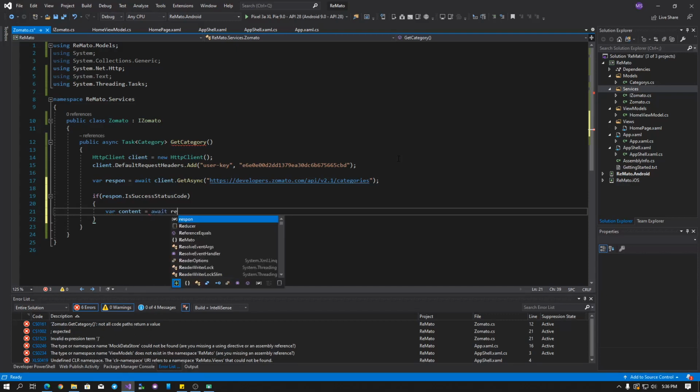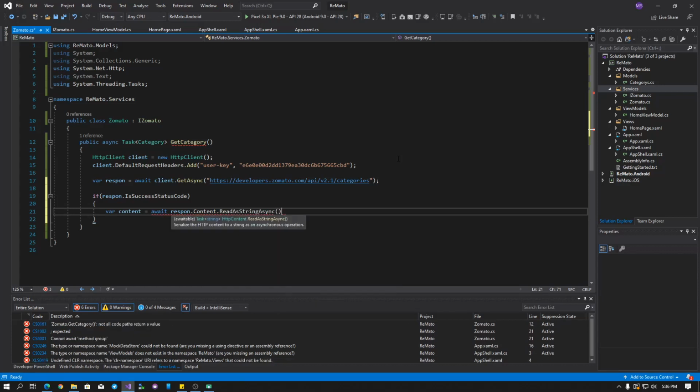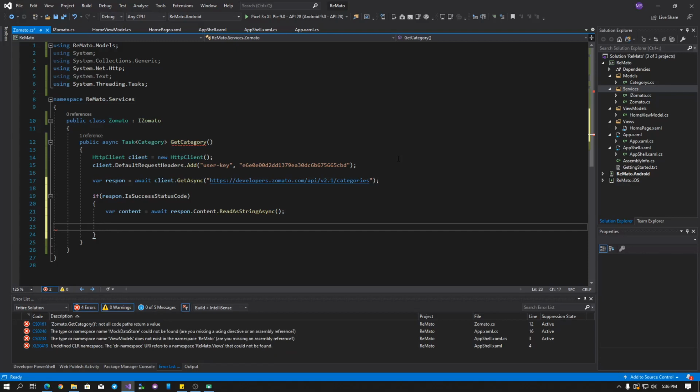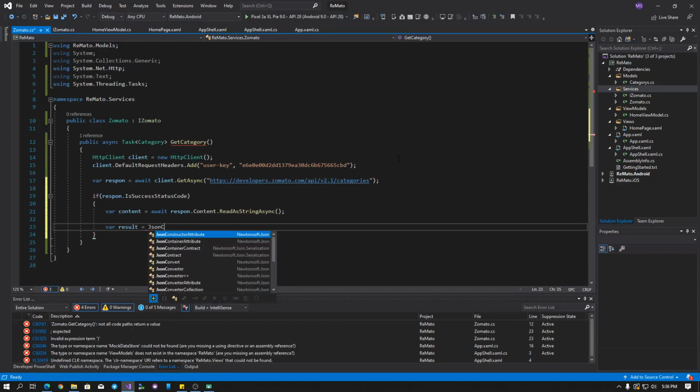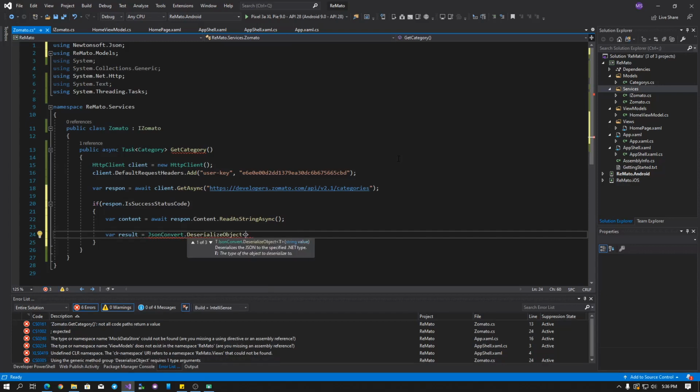So await response dot content dot read as a string, and then we need to convert or deserialize the JSON to our C# object. So for our result equal to JSON convert dot deserialize object, and then we pass our category,